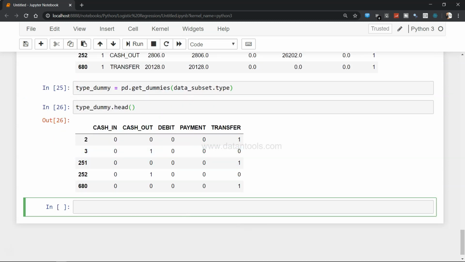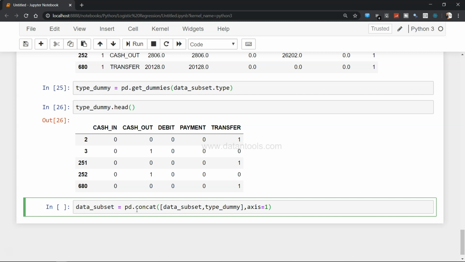Now, what we need is joining of this type_dummy dataset and the data_subset. So we will say data_subset equals pd.concat, and data_subset needs to be concatenated with type_dummy, and axis equals 1 because we want to join the columns.